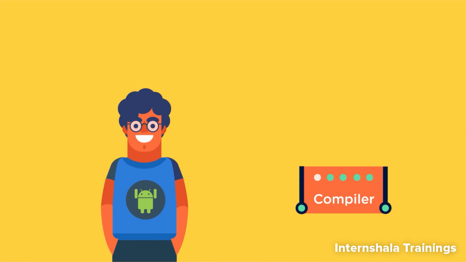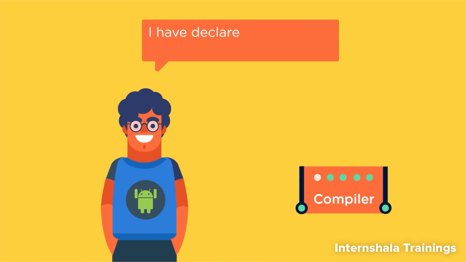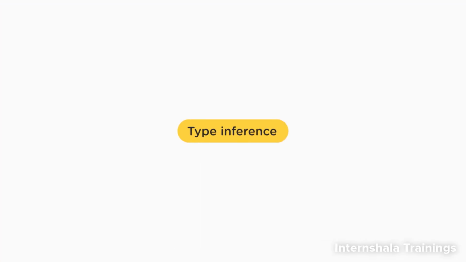This means that you tell the Kotlin compiler that I have declared this variable as a particular type and I will be using this variable to store such values only. But wait, while we were declaring these variables, we did not tell the compiler how we intend to use them. Then how did it know? This is the magic of Kotlin, and it is known as type inference. Again, we mentioned this term in the previous topic. Let's see what we mean by type inference.